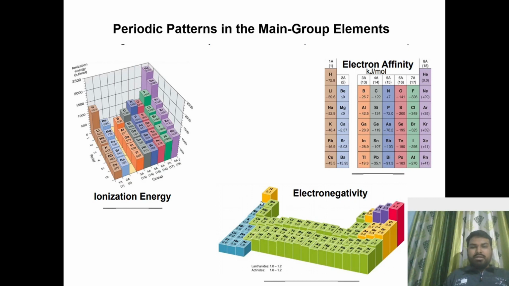See, these are the electronegativities. As we move along the periodic table, the electronegativity increases. These are the higher blocks. These have higher ionization energy. These have higher electron affinity as we go along the period, and as we move down the group.